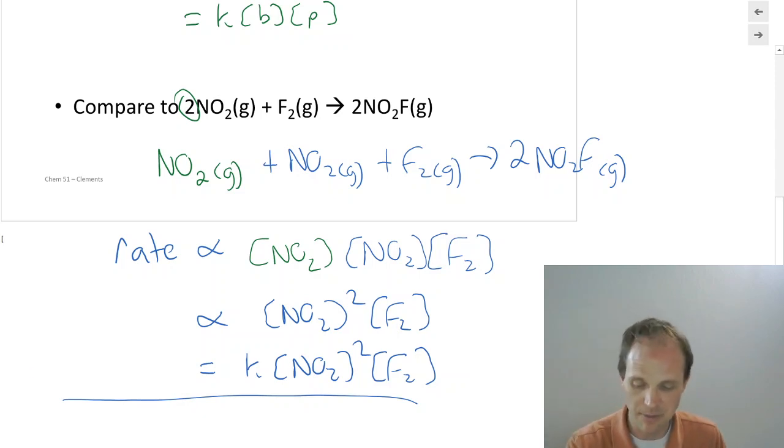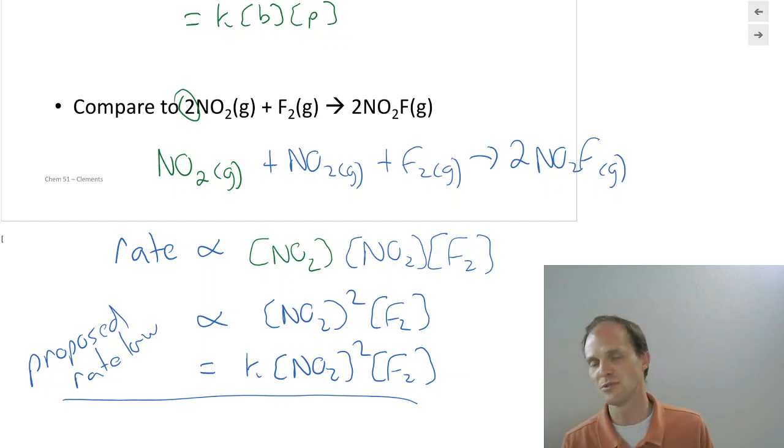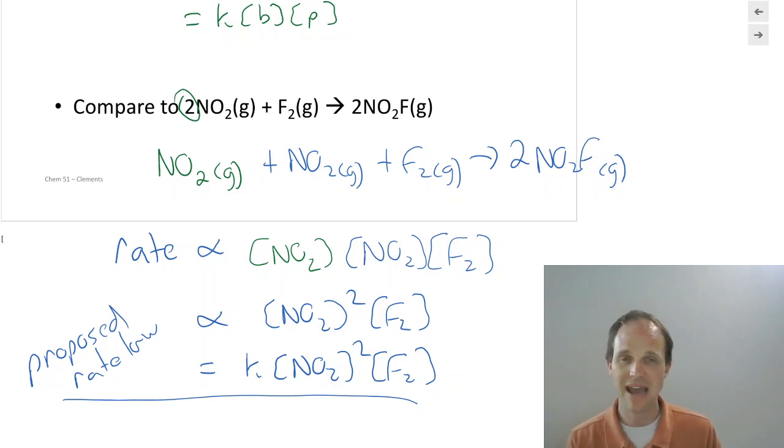This is what we'd call a proposed rate law. And we'll define rate law in a little while. But we're going to call this a proposed rate law. But we'd be wrong, because it turns out you cannot. It is absolutely impossible to just look at a balanced overall chemical reaction and decide what the rate law is. We can make guesses, and we might be right, we might be wrong, but it's actually impossible to figure it out just by looking at an overall reaction.